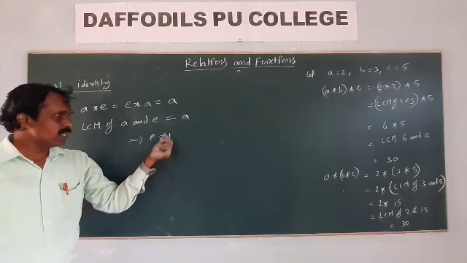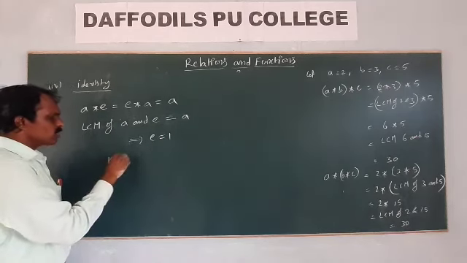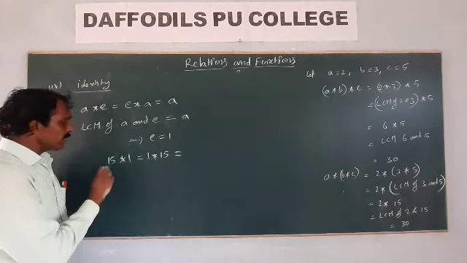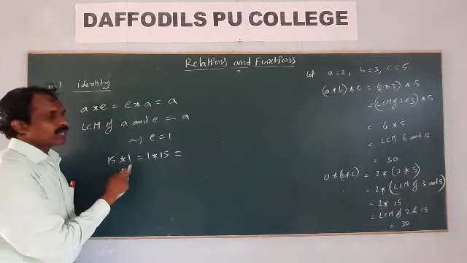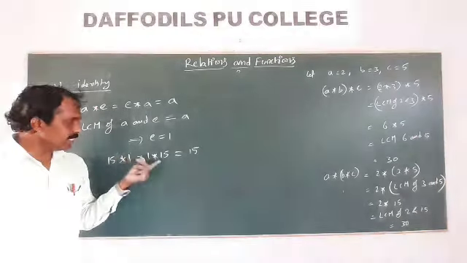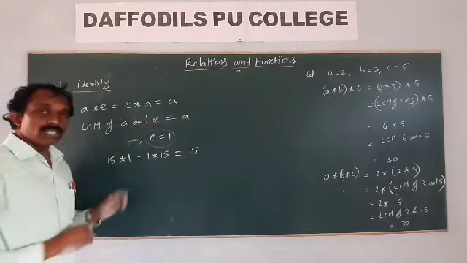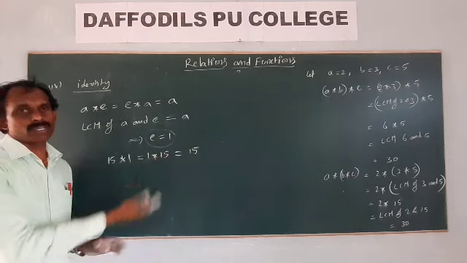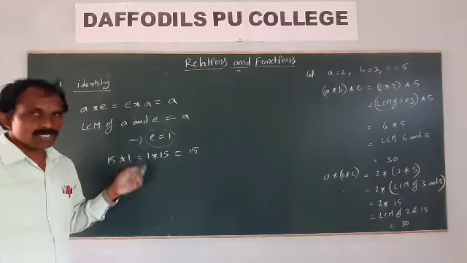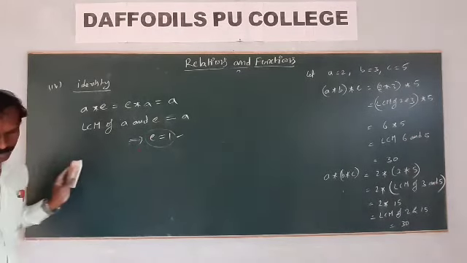Okay. This one is for all elements. Suppose we take 15: 15 star 1 is equal to 1 star 15 is equal to what? What is the meaning? LCM of 15 and 1 is 15 only. Clear? So in natural numbers, identity element means that the identity satisfies for all numbers, not only for A, not only for 2, but for all numbers. So that implies your identity is 1.